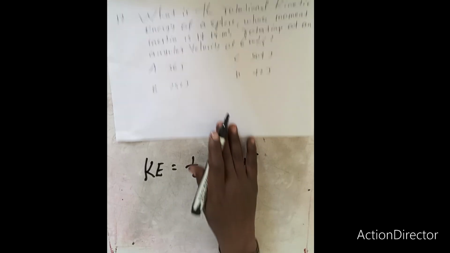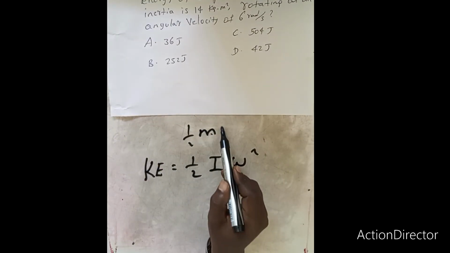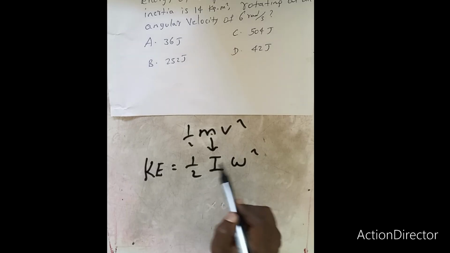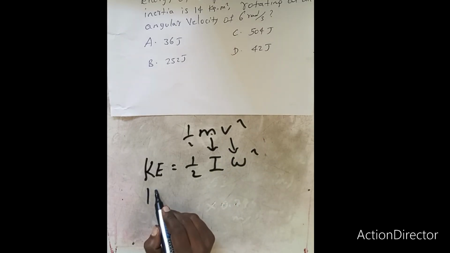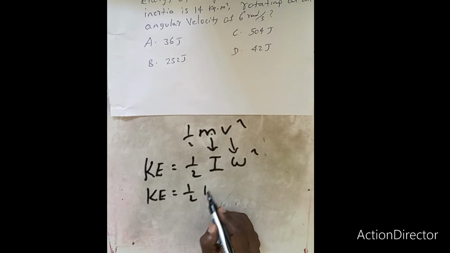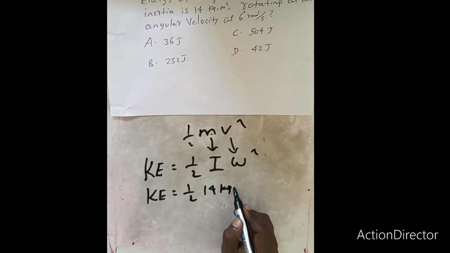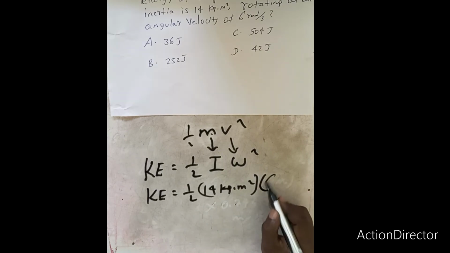In a linear case, we say kinetic energy is half m v squared. So mass is represented by I, and v is represented by omega. So the kinetic energy is equal to half times 14 kg m², the I value, and omega is 6